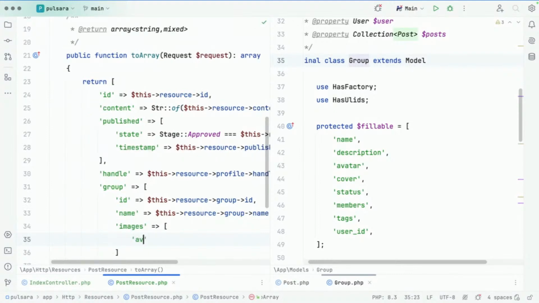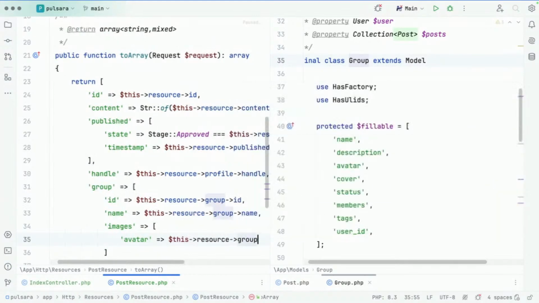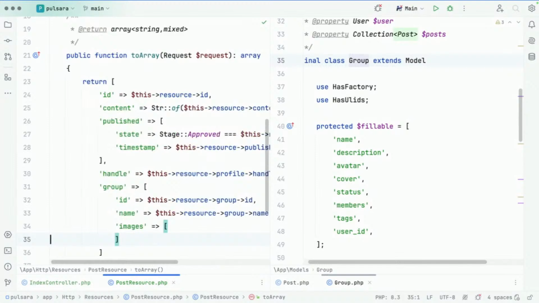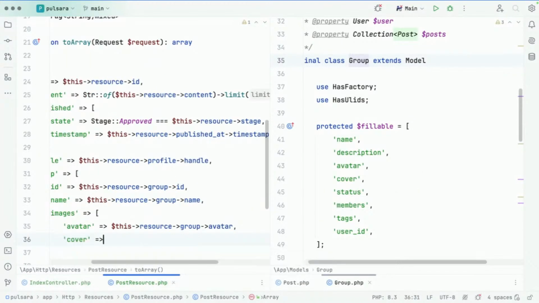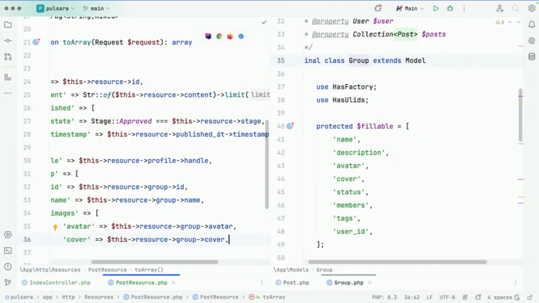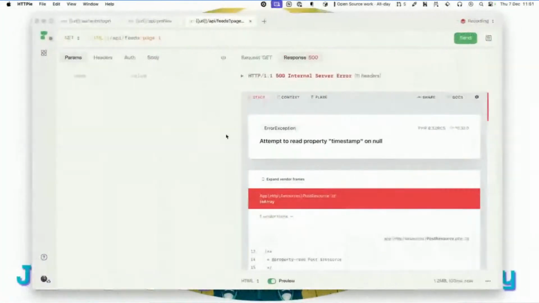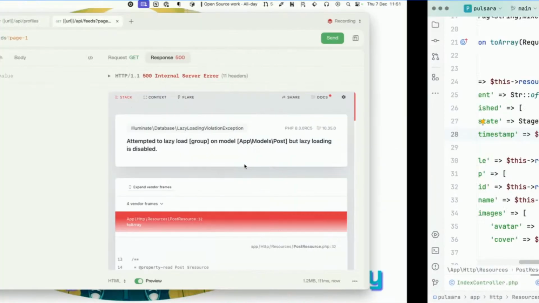Images, avatar, this resource group avatar. Oops. And the cover, this resource group cover. We'll stick to that for now. Timestamp on null. Okay. That is potentially nullable. So there we go. Attempting to lazy load group. Okay, so